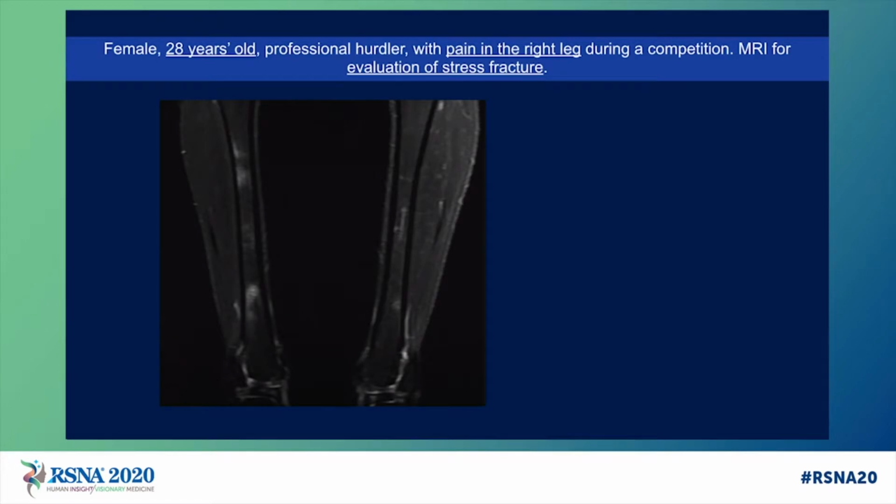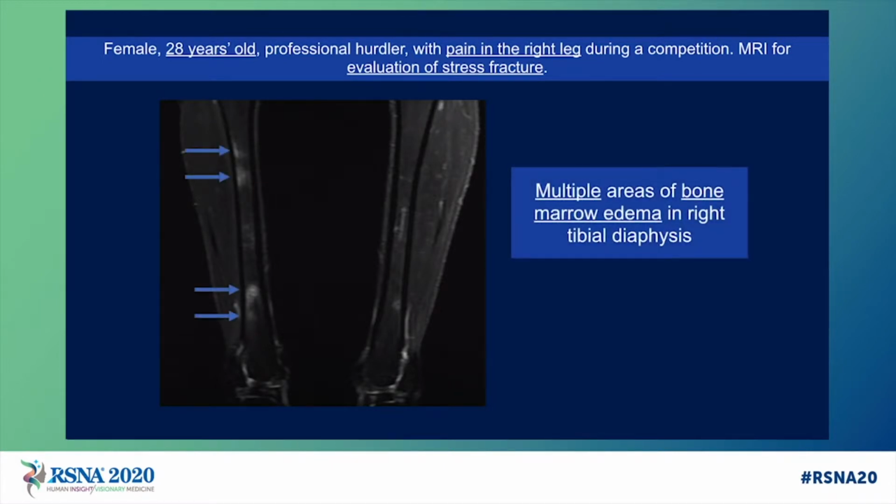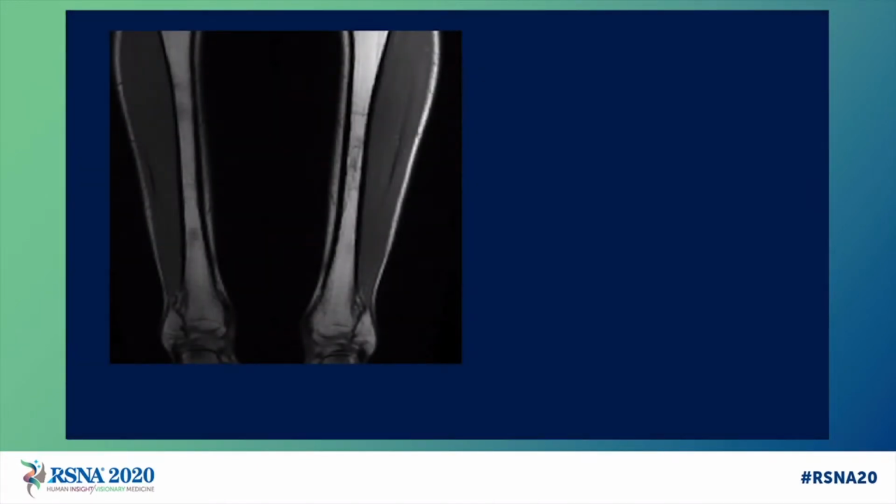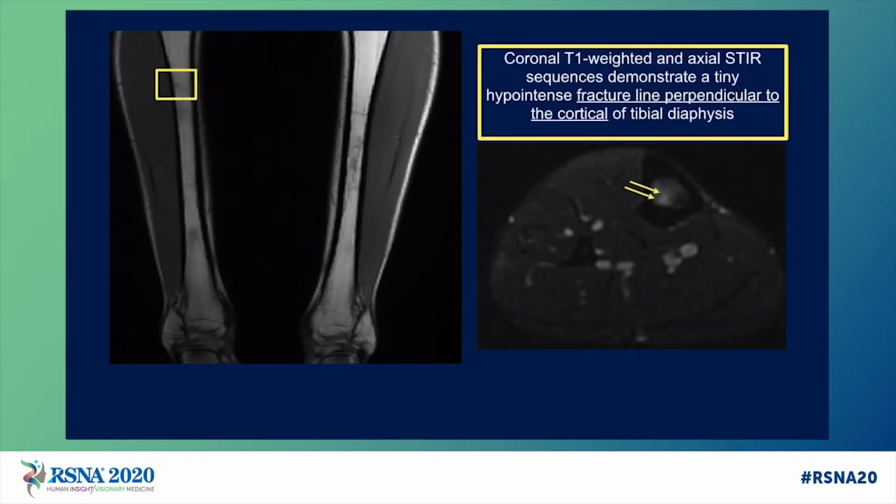Let's compare with this third case, a 28 year old professional hurdler, pain in the right leg, MRI for evaluation of stress fracture. Here we have multiple areas of bone marrow edema with no visible fracture line. However, on coronal T1 weighted images, we could see here this small fracture line perpendicular to the cortical,